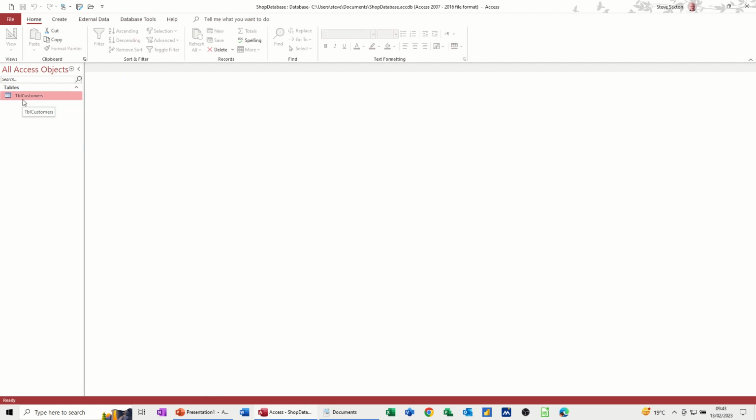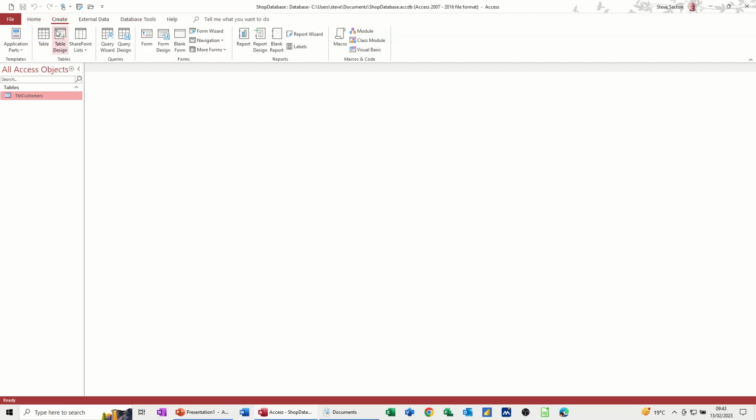Now I need to create a second table for stock. What am I actually selling in my shop? So up at the top here on the ribbon, you've got create, and then you've got tables. So this is called